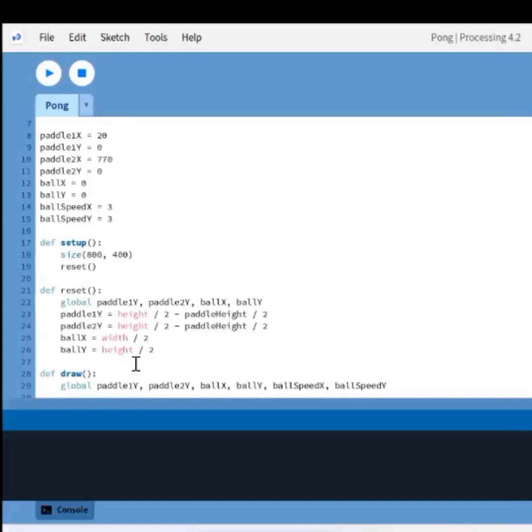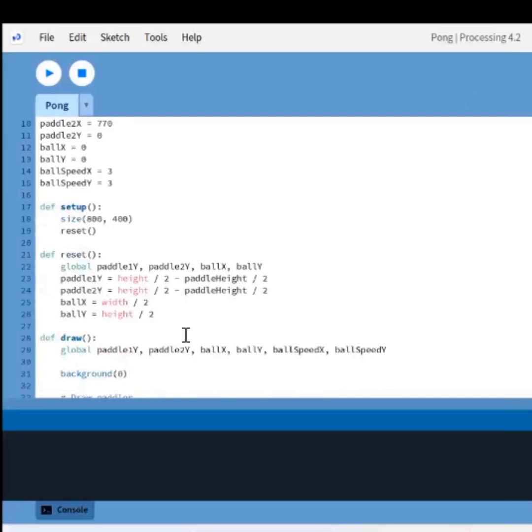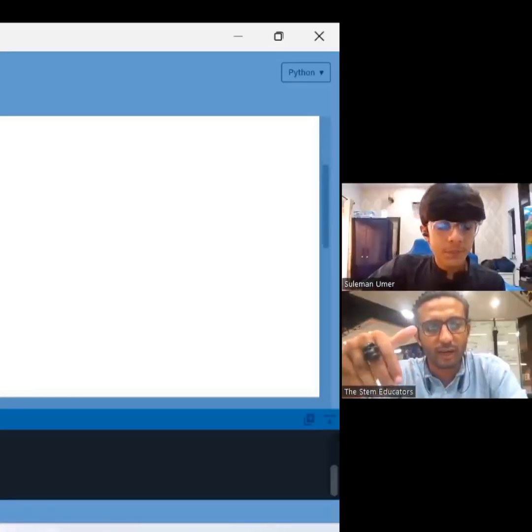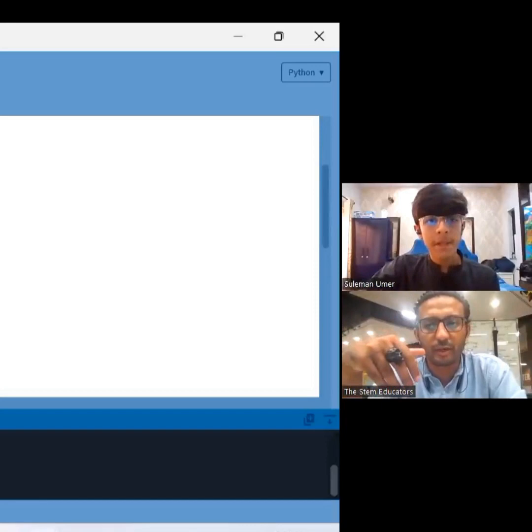Now what we're doing is, when we reset the game, the paddle should come back to its original position. This will happen when the whole screen has a height, and we divide the height by two, so the paddle should be in the center. Same goes with paddle two. Okay, and as you can see, this is ball x and ball's y coordinate. When we're dividing the width by two and height by two, it should be in the center. You're also subtracting paddle height divided by two